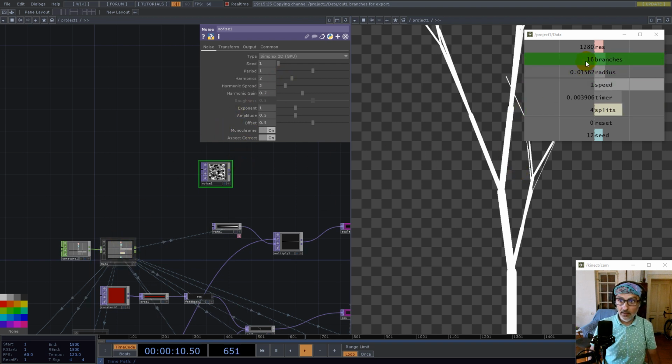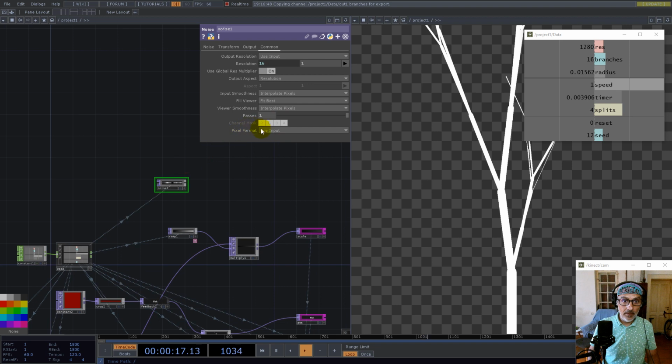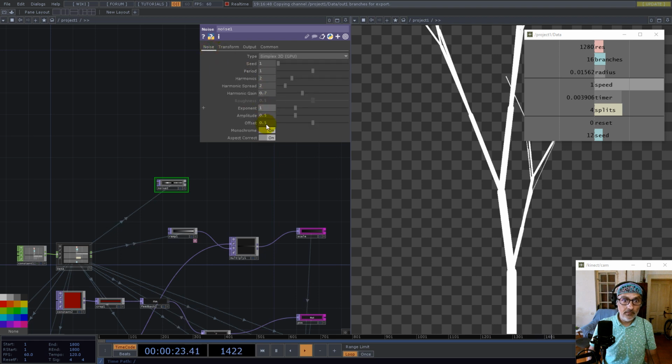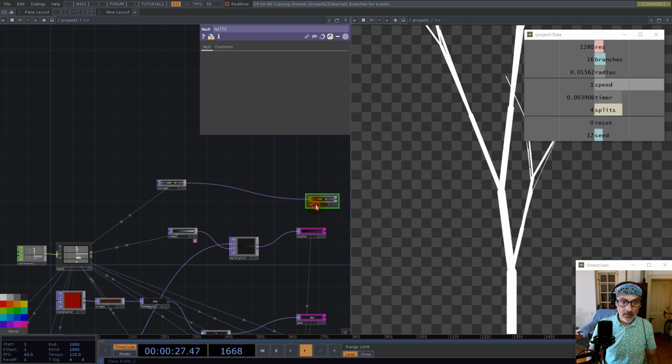So let's set this noise for the colors. And this is 32 RGB and not monochrome. And we go into null, we name these colors